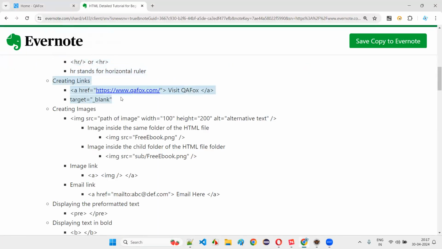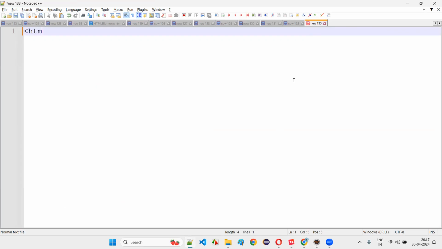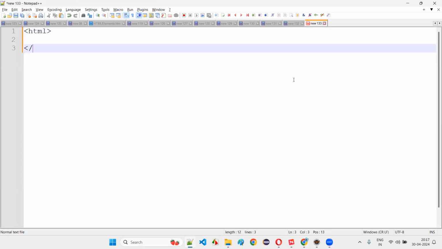So now let's see how to create the hyperlinks in today's session. For that, I'll go to one of the locations in my machine, and here we have tried HTML.